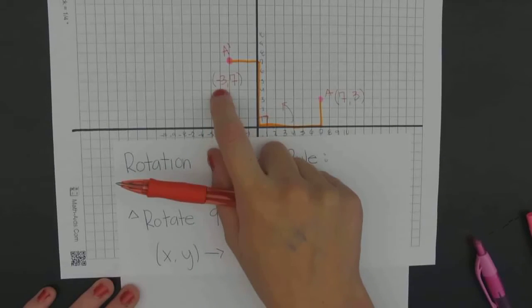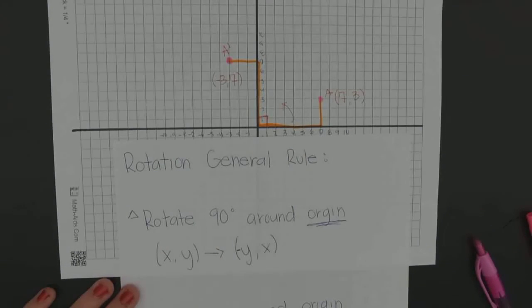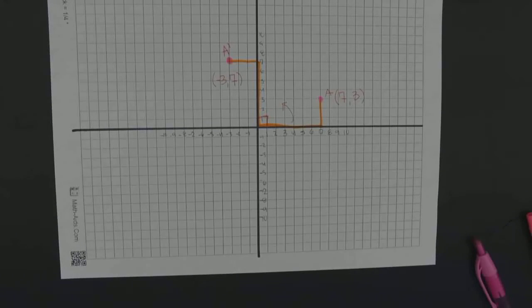If it started out a negative 3, it would go to a positive 3. So that's kind of interesting, okay? I rotated it around the origin, I just made my y value change signs. Cool. Okay, now let's do it 180 degrees because my next question asks me to rotate